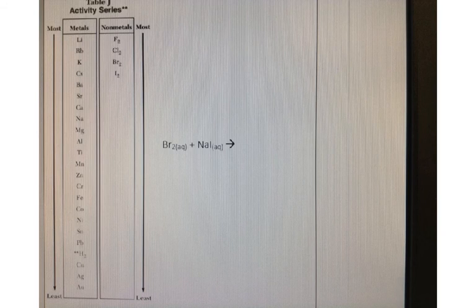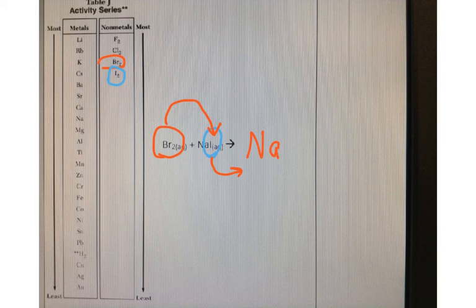Alright, so then we're going to try this one. In this single replacement, the element by itself is Br, which is right here, and it is going to be trying to kick out the other nonmetal, which is I. In this case, it actually is able to kick it out because Br is higher than the I that it is trying to kick out. So what's going to happen is Br is going to kick out that I, like that, and now we have Na, and Br will be where I was, so we're going to write Br, and then now I will be by itself. Now we have created a new compound in NaBr,